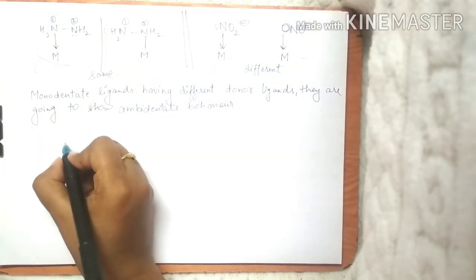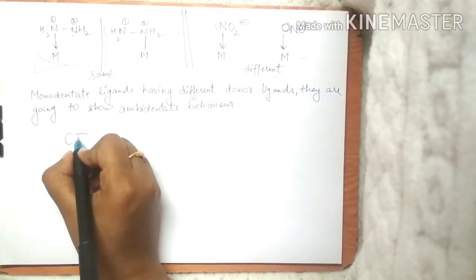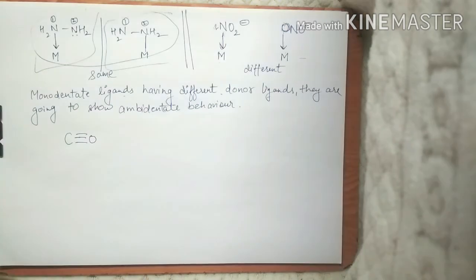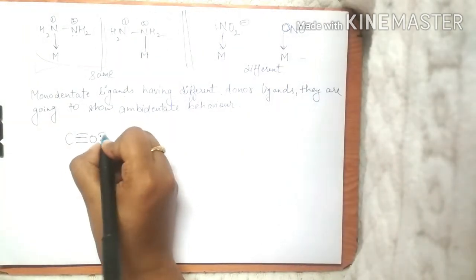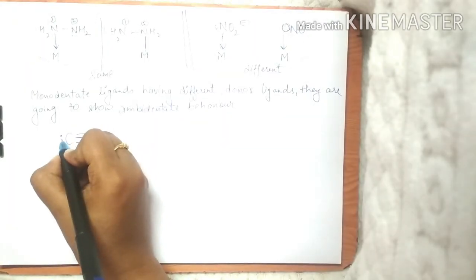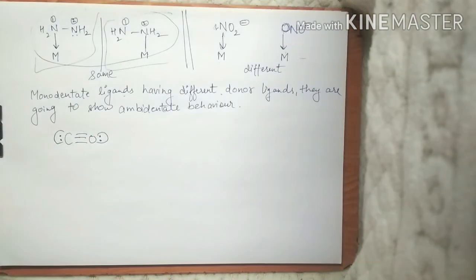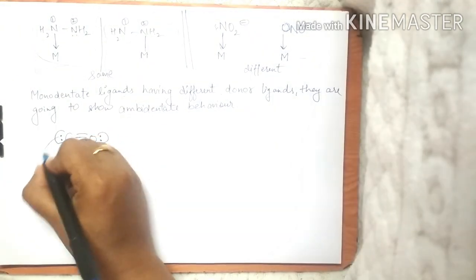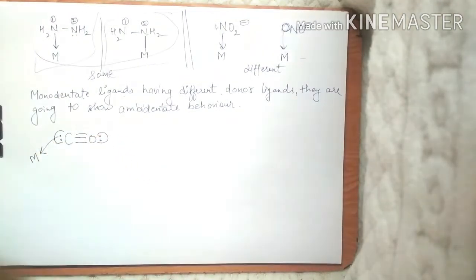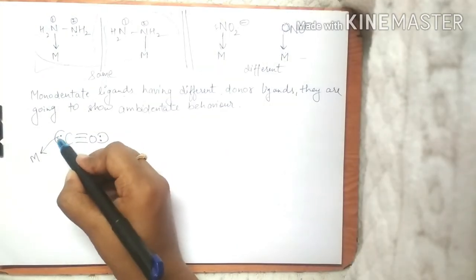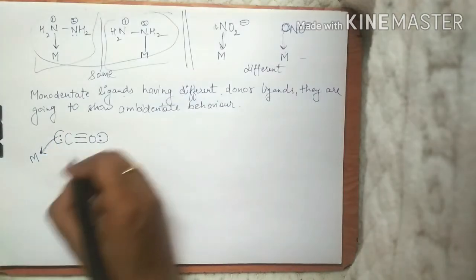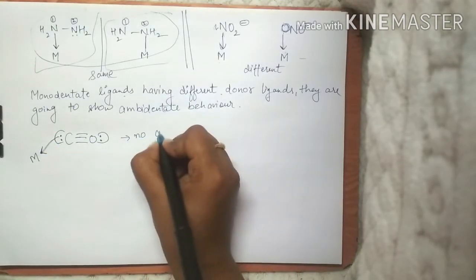For example, we study carbonyls a lot as a ligand, right? The CO ligand, we study it a lot. Here oxygen is also carrying a lone pair and carbon is also carrying a lone pair, right? So what happens in this case, the donation is always from the carbon side. Always carbon donates its lone pair to the metal. Here there is no ambidentate behavior.